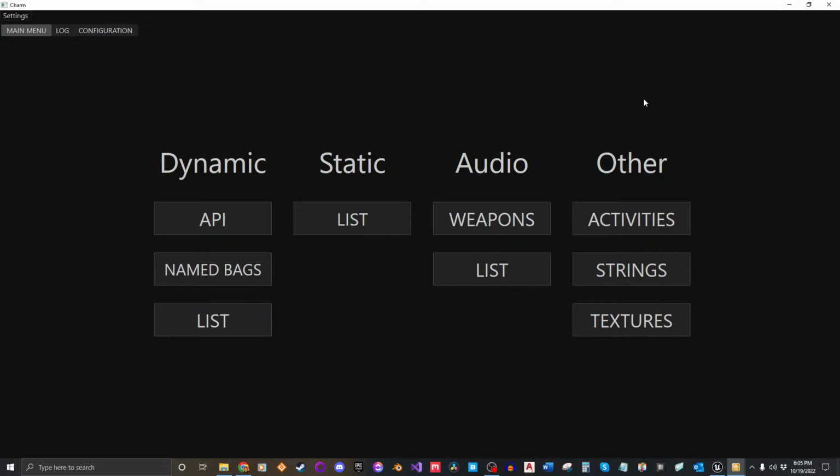So the first thing we're going to be going into today is what I talked about from my last stream. We're going to be importing Destiny 2 maps. I don't know what map I'm going to put in first, so we'll see what we're looking at. And if you're curious what I'm referring to when I say a map,